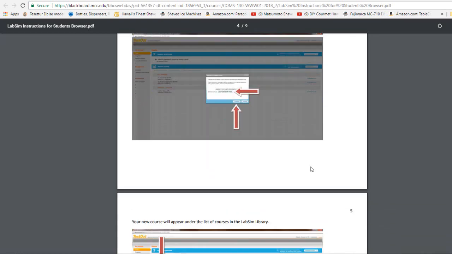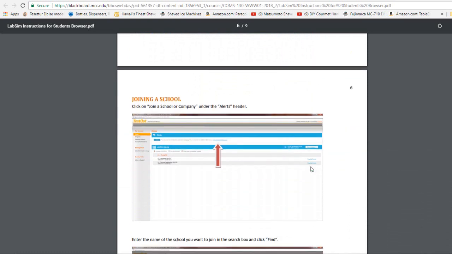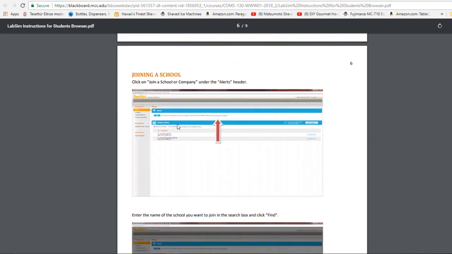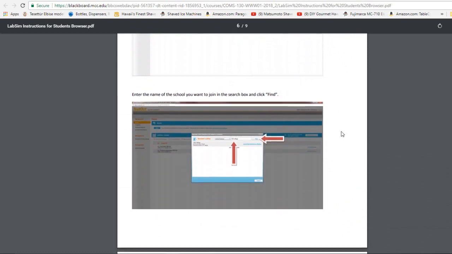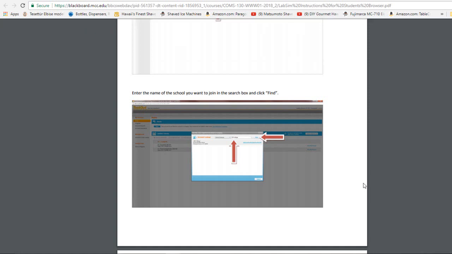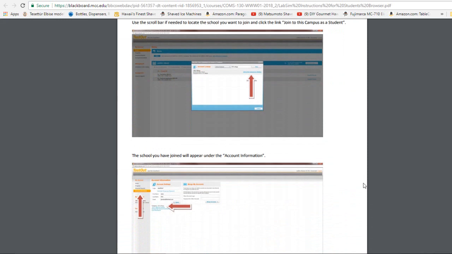So this shows you step by step how to create an account and test out. It's pretty simple, self-explanatory, but mainly what you need to be careful about is joining a school. And after you join a school, which is Mod Community College, you need to join a class. When you want to join a school, you can search by my last name. Just put in HACHEM and you'll be able to find the class itself,